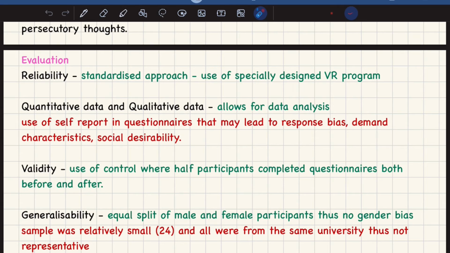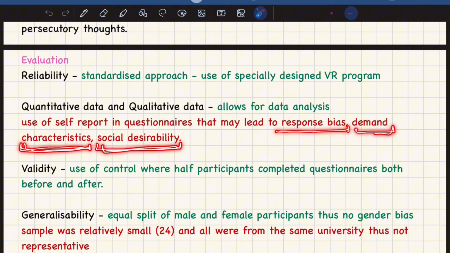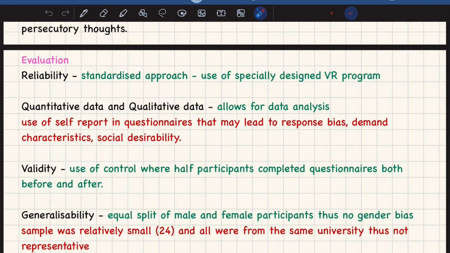However, there was a weakness in this. And what was the weakness? It is a self-report. Those questionnaires were self-reports, and the participant may lie in those questionnaires, maybe to seem more socially desirable, or maybe that they're embarrassed to admit a few things, and this may lead to response bias and demand characteristics. They might want to look more desirable to the researcher. This can lead to social desirability. So therefore, the scores might not be right, and this can lead to a validity issue and reliability issue of the results of the study.